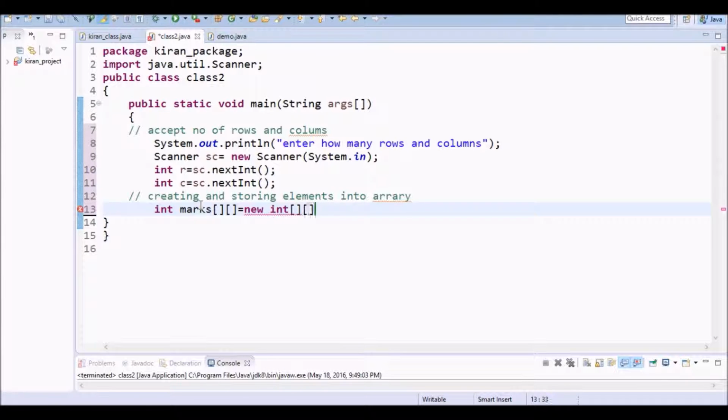Within that, in the first square brace we use rows, and in the second square brace we use columns. This is the variable indicating the number of rows, and this is the variable indicating the number of columns. Now after creating, we are going to store the elements into it.